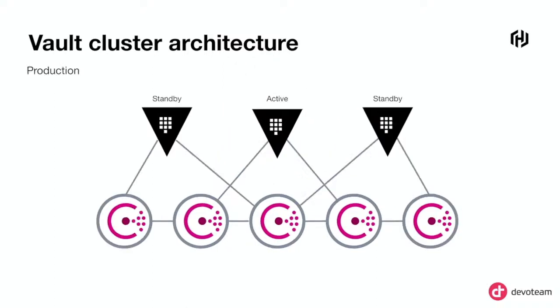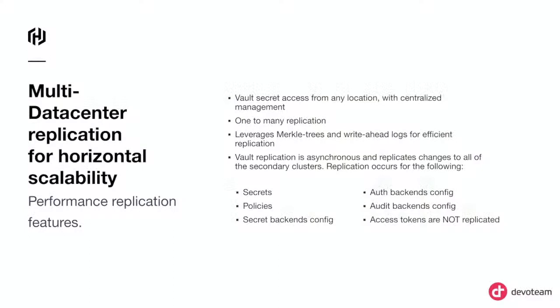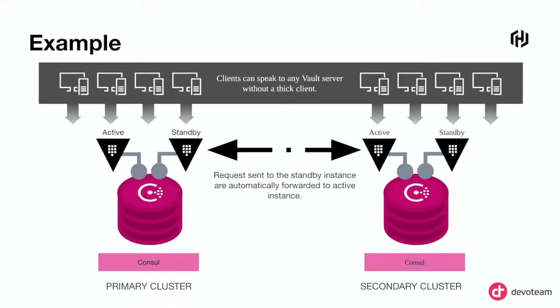And then, of course, for prod, you want to have a little bit more. Then even if one of your regions is out, you still have a chance to get the secrets and etc. Good? So let's speak very quickly about performance replication. Usually when people are moving to a larger organization, you have a lot of requests coming to your Vault, where you want to send your policies and etc.